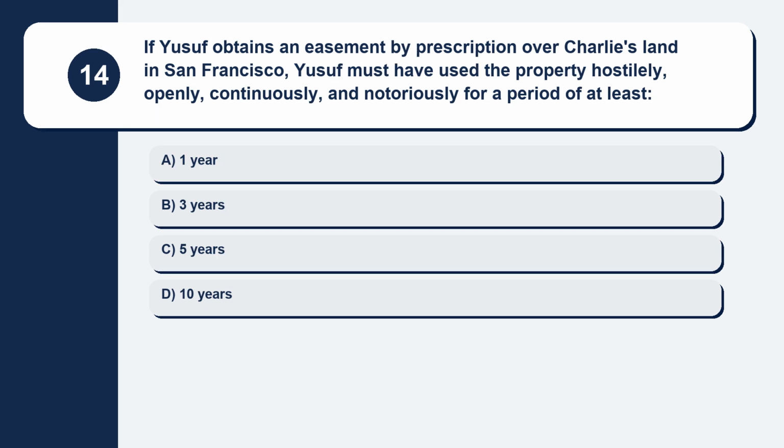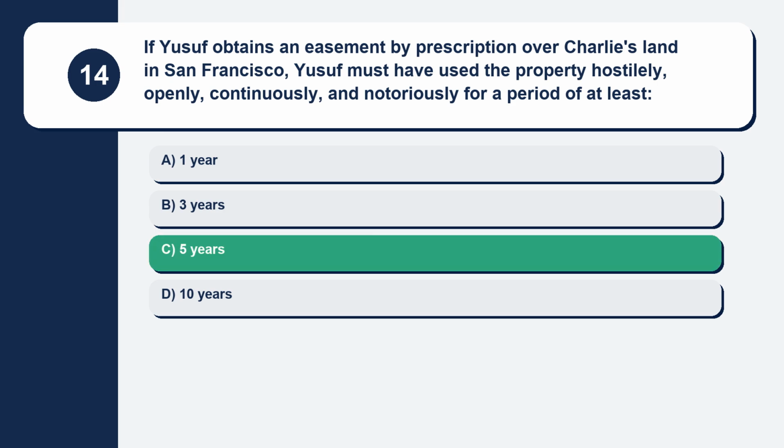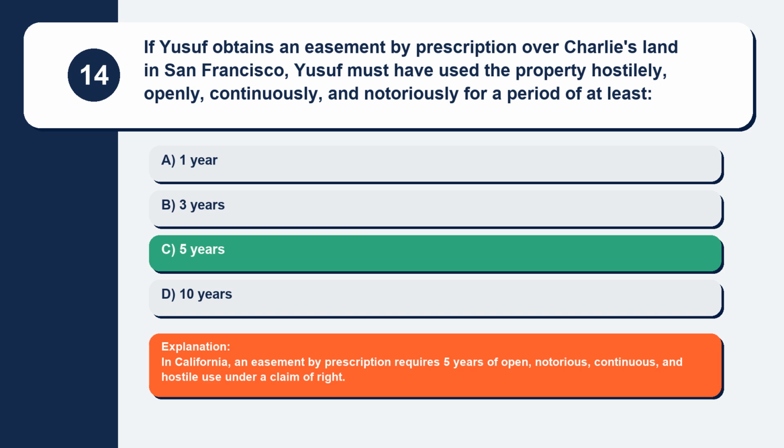that people of a particular race, religion, or background are moving into the neighborhood. Question 14. If Yusuf obtains an easement by prescription over Charlie's land in San Francisco, Yusuf must have used the property hostilely, openly, continuously, and notoriously for a period of at least. Here are your options. Option A, 1 year. Option B, 3 years. Option C, 5 years. Option D, 10 years. The correct answer is option C, 5 years. Explanation: in California, an easement by prescription requires 5 years of open, notorious, continuous, and hostile use under a claim